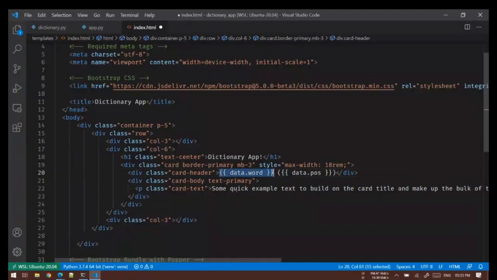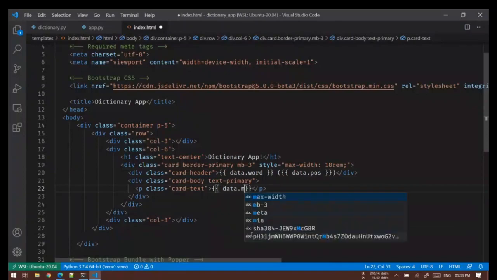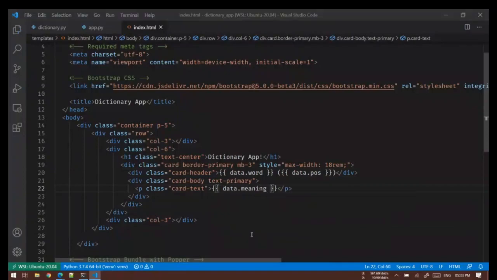So anything within this will be replaced. Okay, and then here in card text, I'll simply say data.meaning.